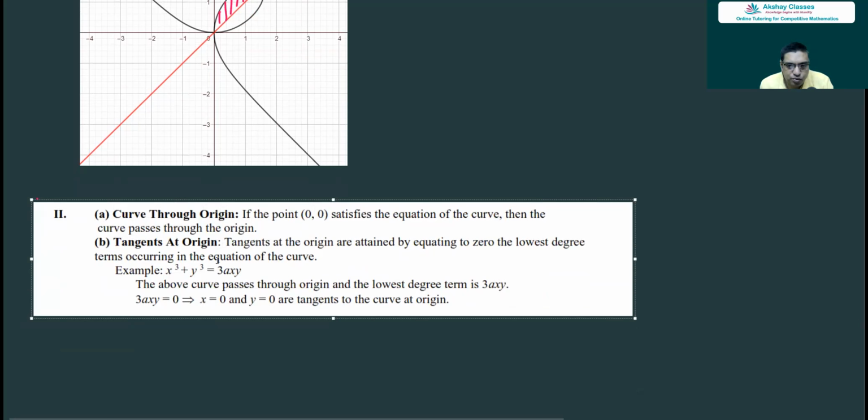Now I want to find out the tangents at origin. To find the tangents at origin, the trick is this. Equate to 0 the lowest degree terms occurring in the equation of the curve. 0 comma 0 is satisfying, so there is no constant term in the equation. So the lowest degree term will be degree 1 terms. So when you take the degree 1 term,